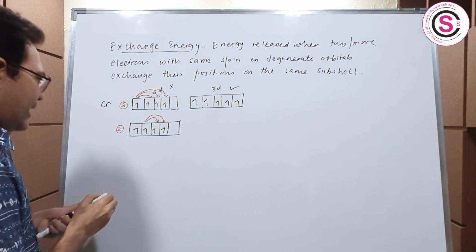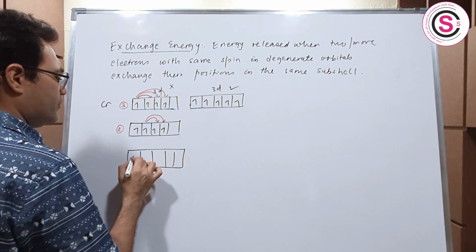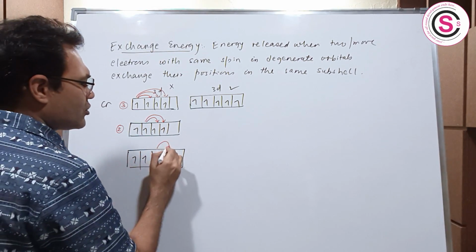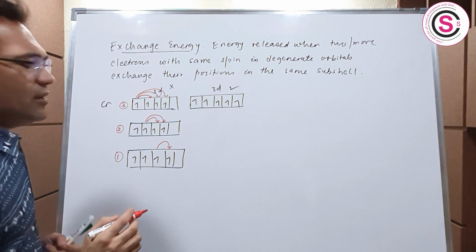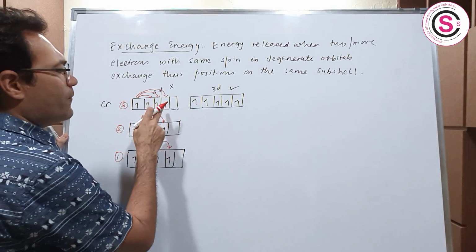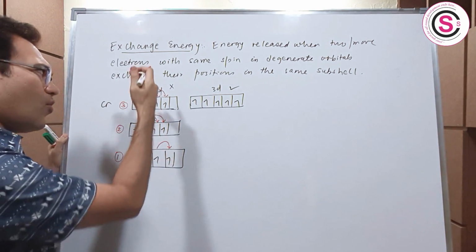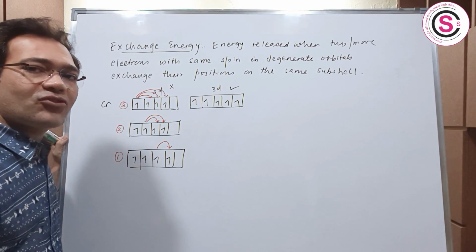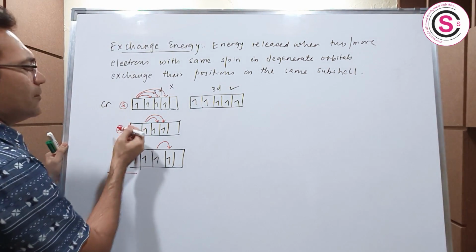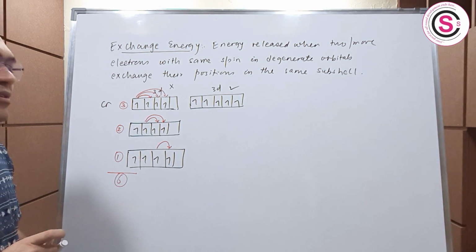Let's talk about the exchange of the third electron. You see, the third electron can only be exchanged like this. There is only one exchange possible, right? Now, no need to talk about the exchange of the fourth electron because the fourth electron has been exchanged with this, and also with this. So all the cases by which the fourth electron can be exchanged have been covered. So see students, the total number of exchanges here will be 3 plus 2, 5, plus 1, 6. 6 exchanges are possible, correct?